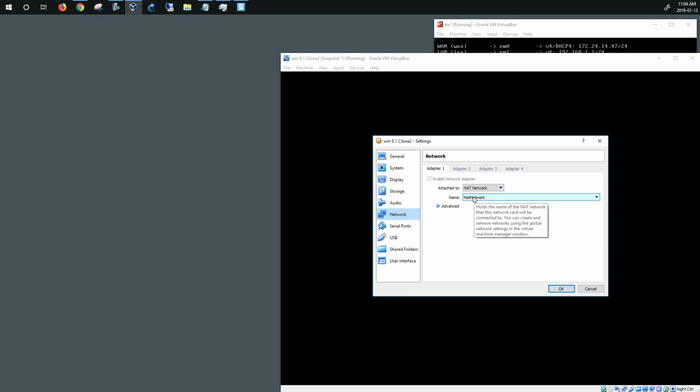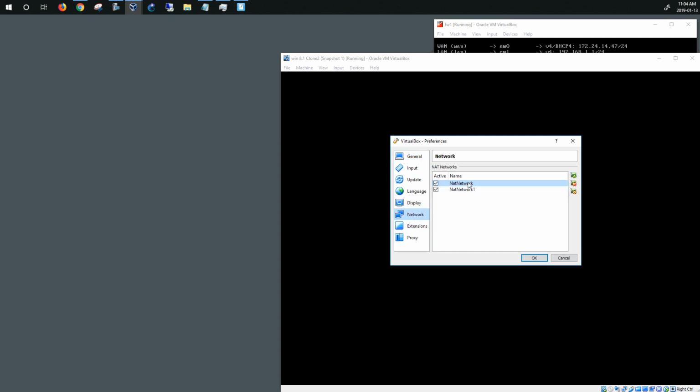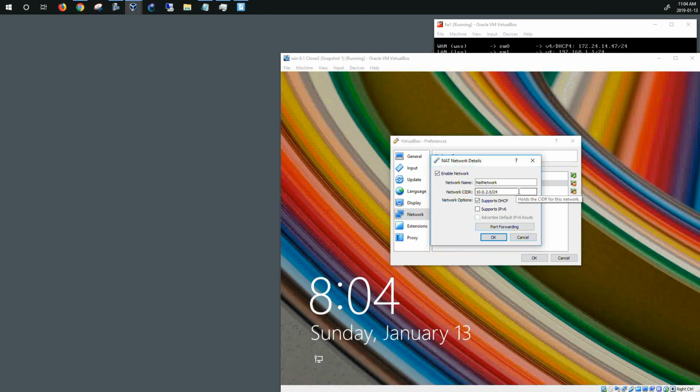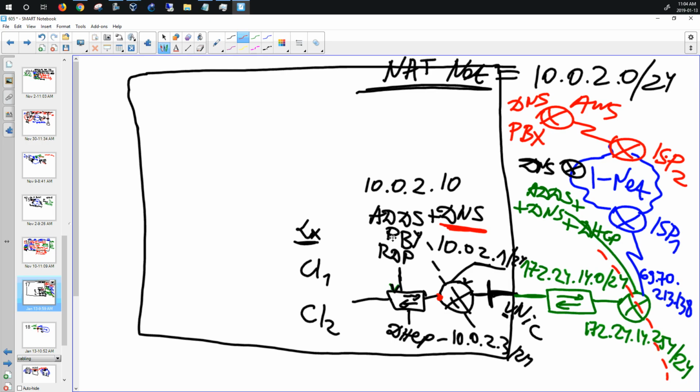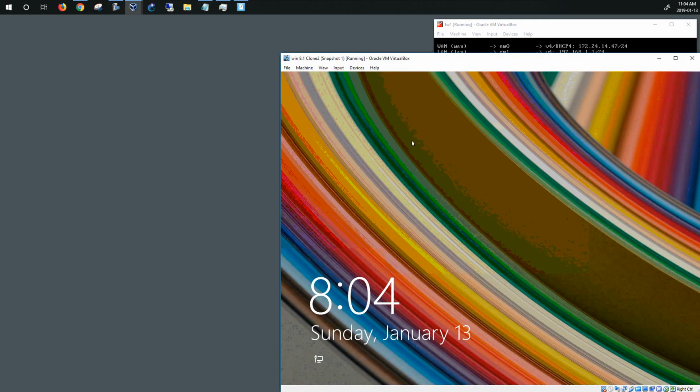And if I would like to see what the IP address of the NAT network was, I go File, Preferences, then I'll go Network, and you see it says NAT network. If I click here on the Edit button, that's what I have, 10.0.2.0/24. That's the network, and it supports DHCP. Remember what I showed you? This one. Okay? So that's why I'm using this machine, and that's why when I open it now,